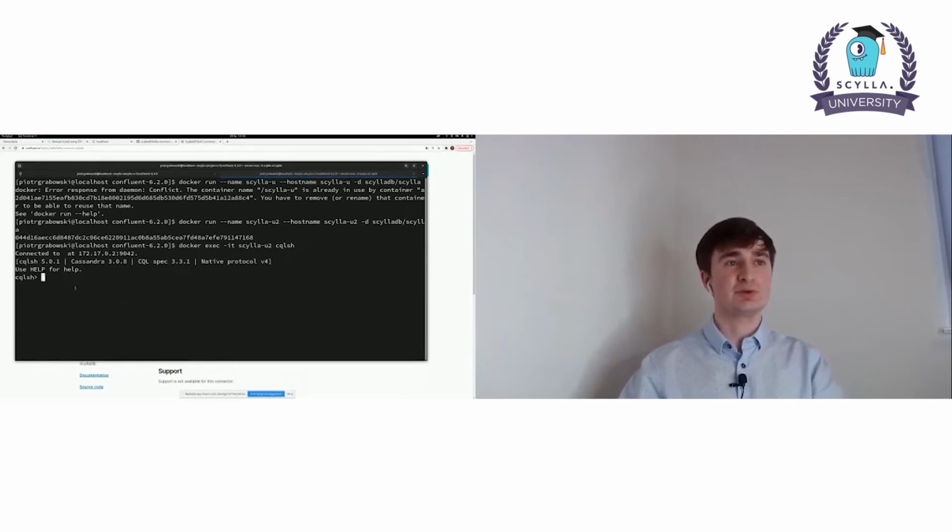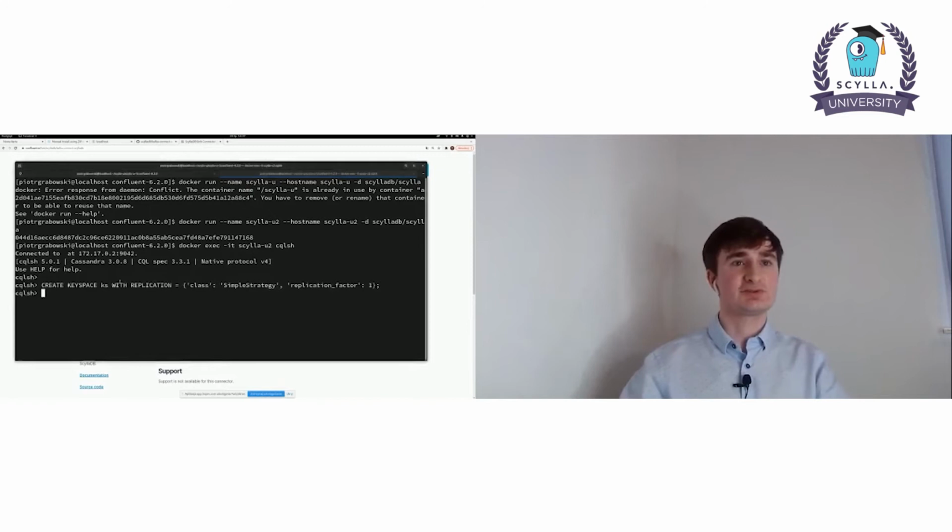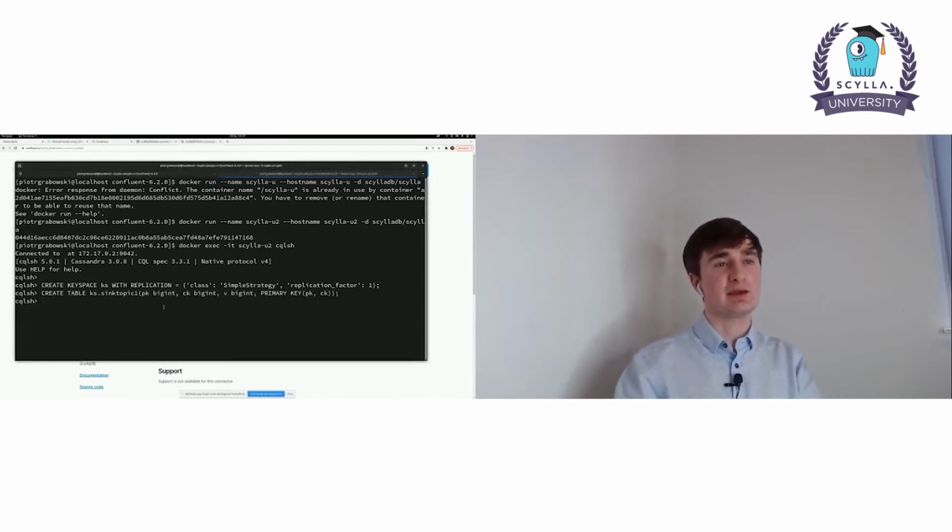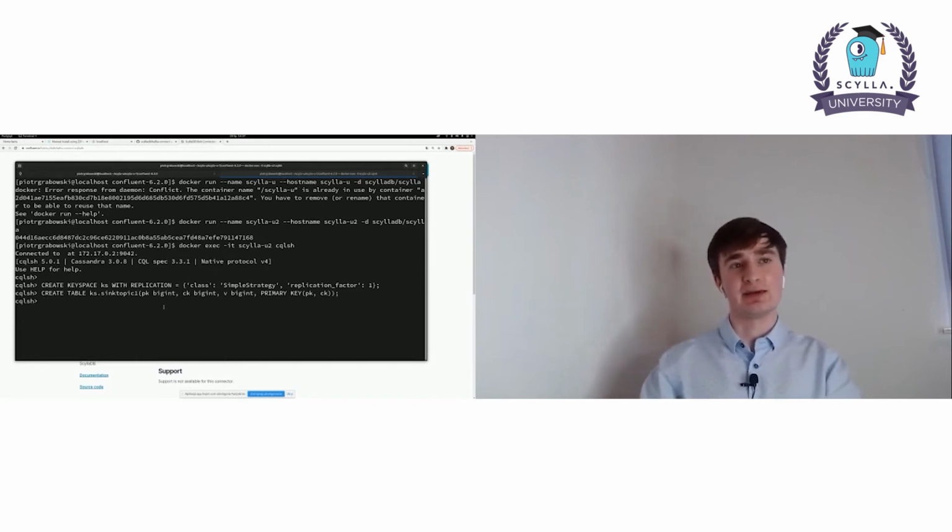And we will create the tables and the keyspaces that will receive the data from Kafka using the sync connector. So first, we create a keyspace. Next, we will create the table, which will gather the data from Kafka. And it will gather data from the sync topic 1 topic from Kafka.